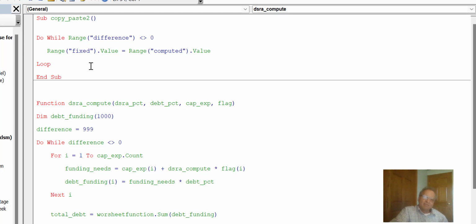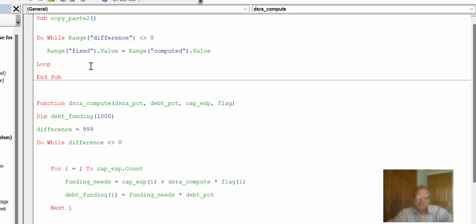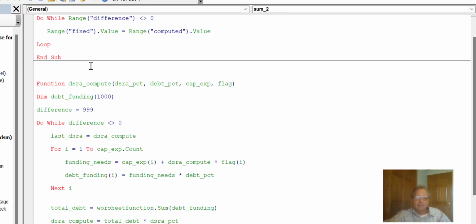But we're not quite finished. We have to define this difference and see how it changes. And what you do is you put last DSRA. Maybe there's a better way to do that. It's equal DSRA compute. That's the name of our function up here. And then we put, at the very end, difference